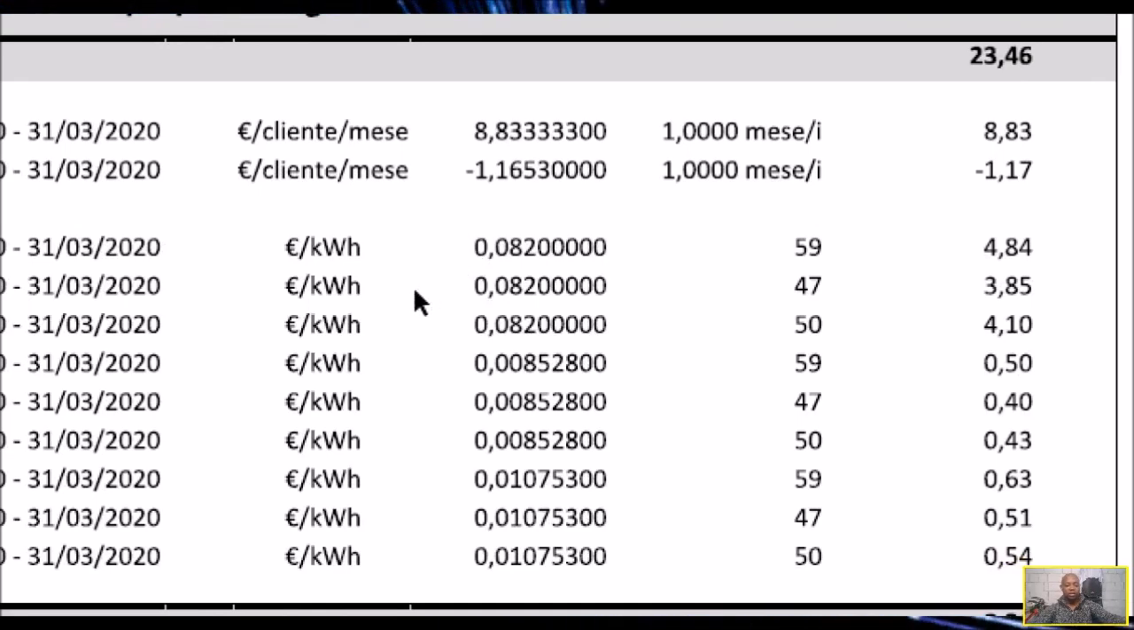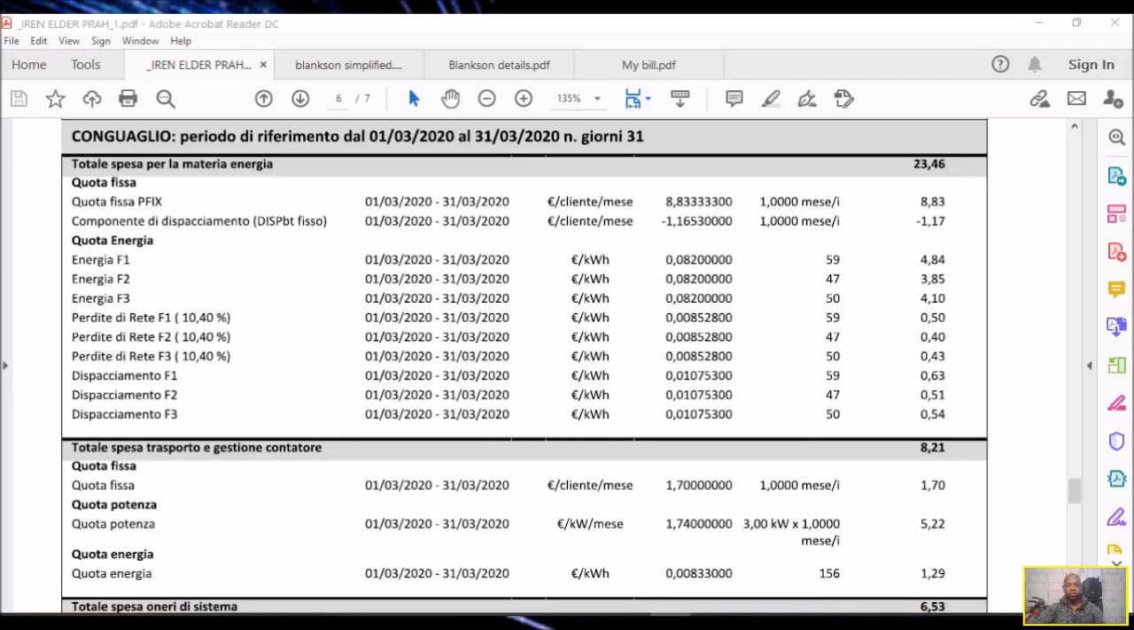In this bill, he is paying 0.082. So if he consumed 59, you do the mathematics, 59 times 0.082, and you are going to get this: 4 euros 84 cents. It is the same for F2 of the same period, F3 of the same period, and then there is something